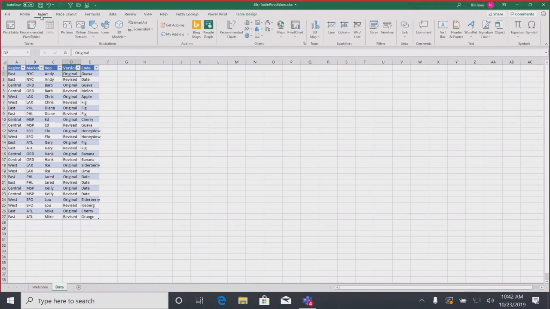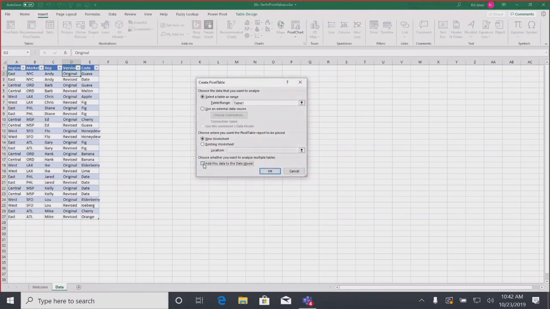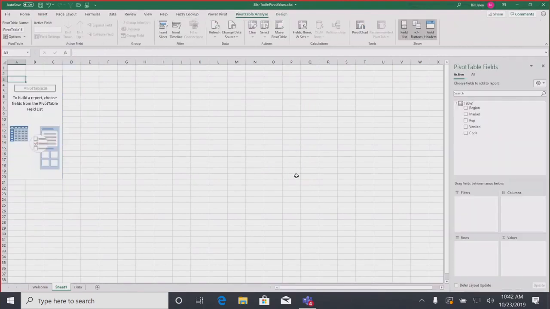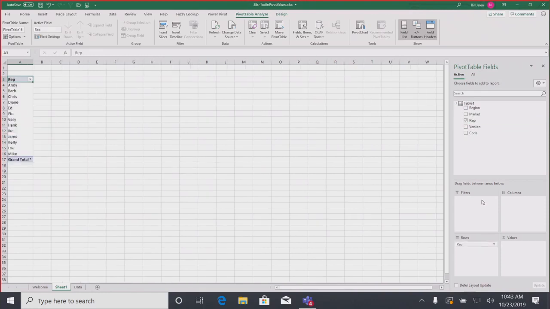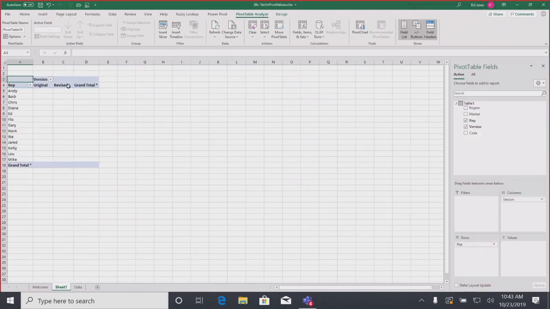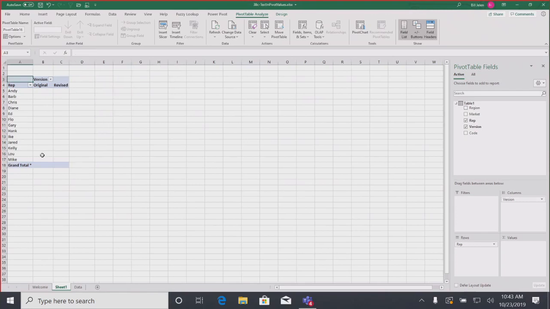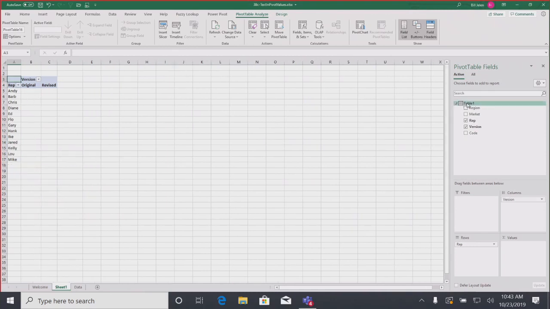All right. But if I create a pivot table, insert pivot table, add this data to the data model, and we'll put, let's say, sales rep down the side and the original versus revised, right? And what we're trying to do is get a list of their choices, both before and after. Now one thing I ran into here, these can get large, right? Especially in the grand total. So we definitely want to right click and remove the grand total, and then right click and remove the grand total. And then we'll add a measure in here.